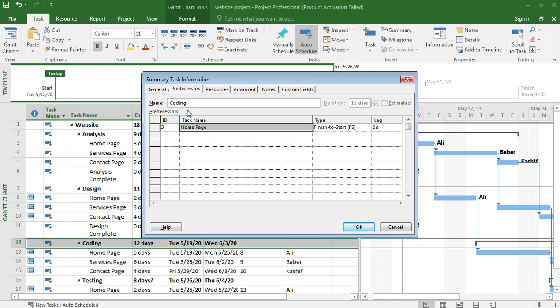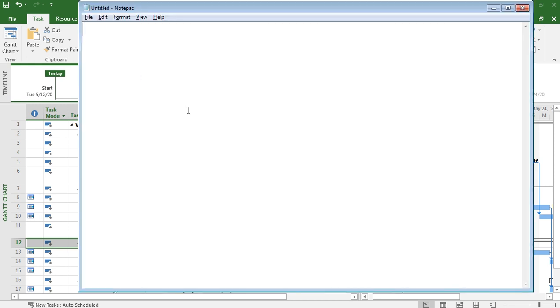Now we want to see information, what are the predecessors. We can use this sheet, we should select the task name, and for example this is home page.